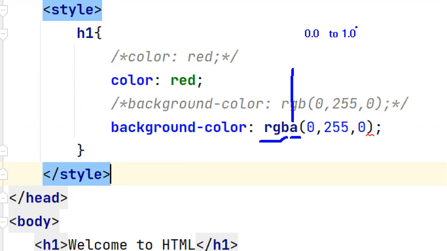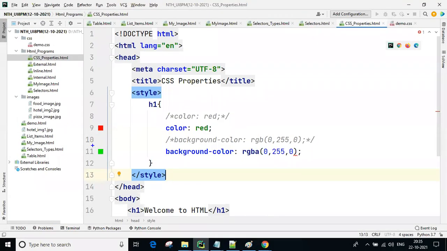If you are giving 0, you get a more transparent, lighter color. Right now we got a very light green color. If you write the opacity value 1, then you get the complete 100% color.